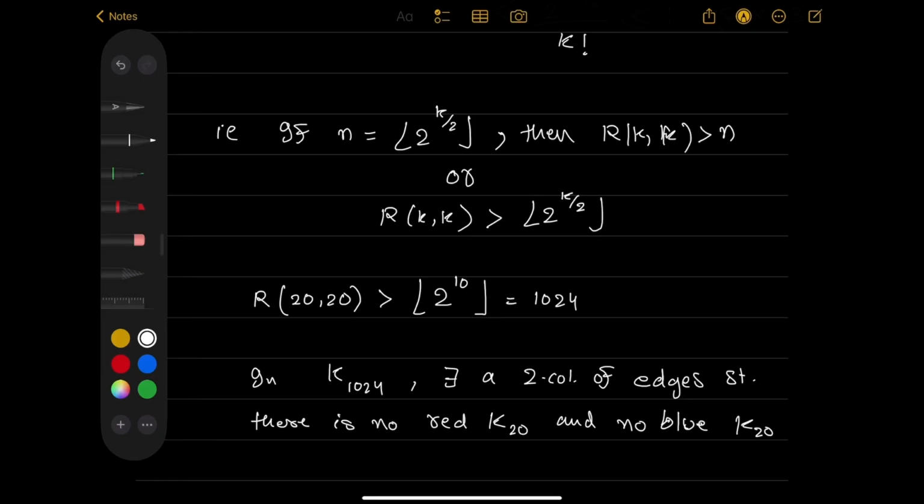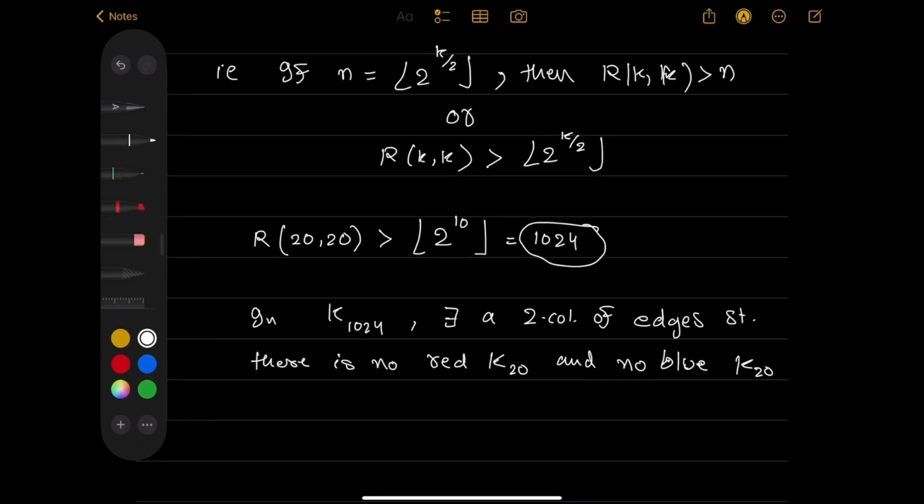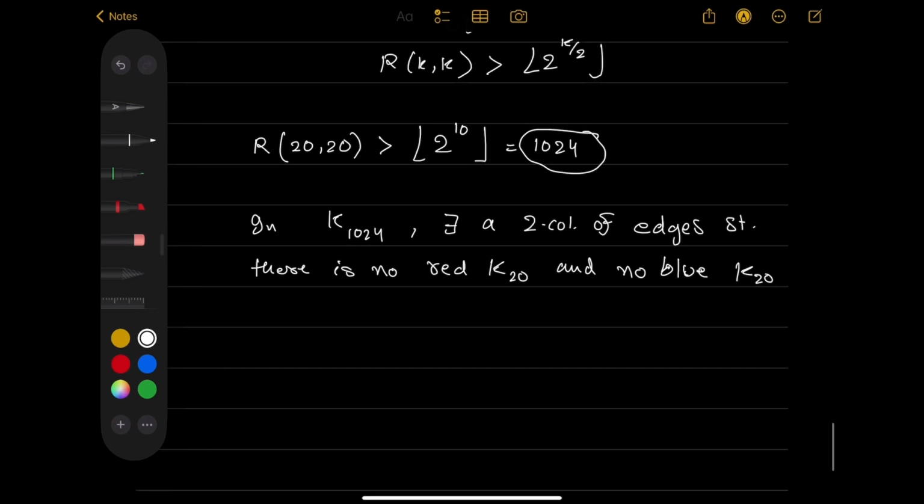So one may ask a question that okay, we know that R(20,20) is greater than 1024 and there will exist a coloring, right? But how can we produce a coloring of that kind? That's a good question. How can we find a two coloring of the edges in which we cannot see a red K20 or a blue K20, right? So what I can suggest is that you just randomly assign colors to K1024 to produce such a coloring,